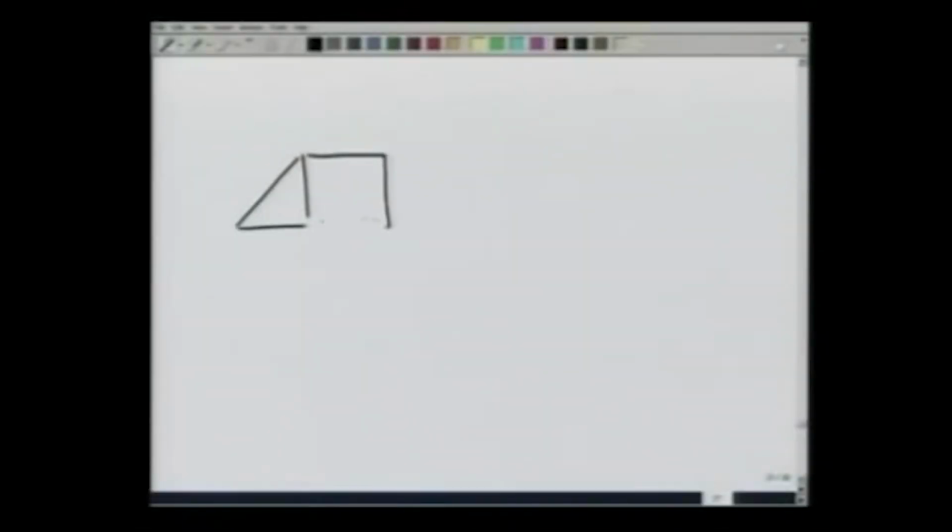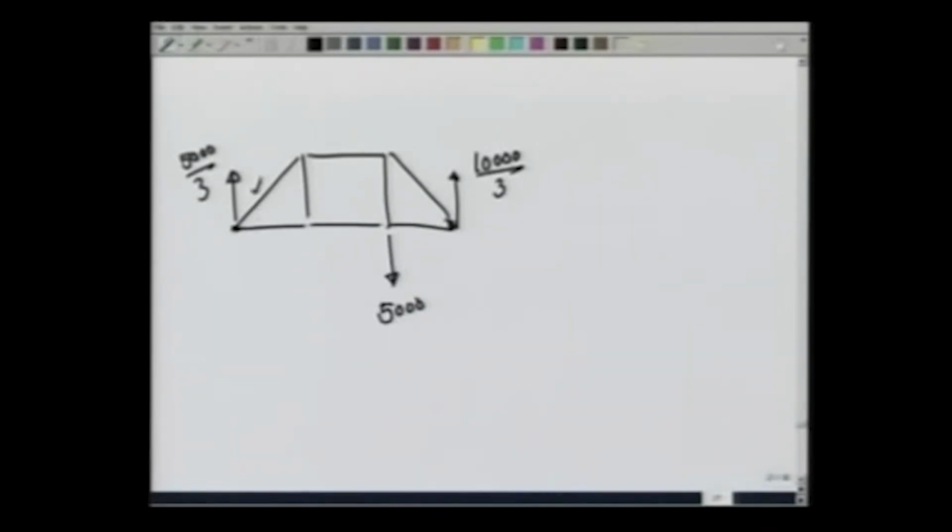If I make it again, I know the force here is 5000 over 3, force here is 10,000 over 3, force here is 5000. I know the force in this member and in this member. Now, if I go to point F,